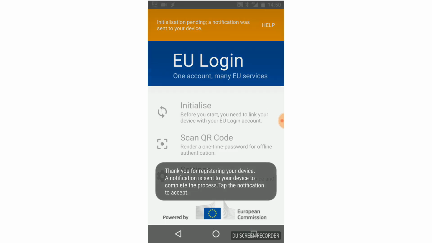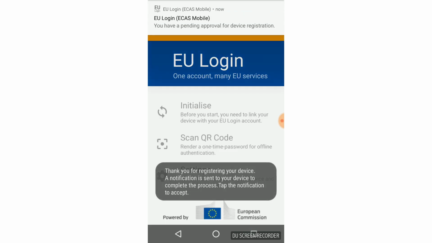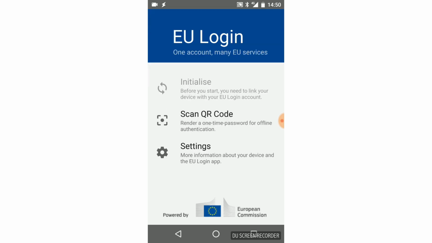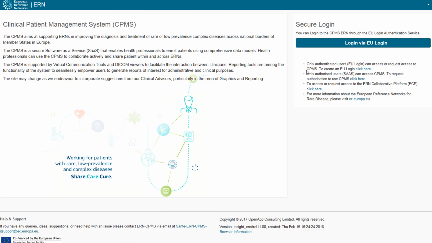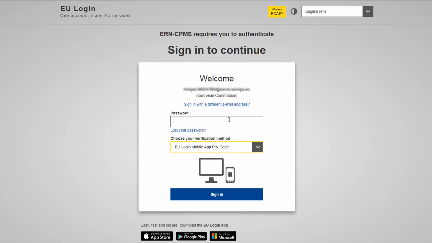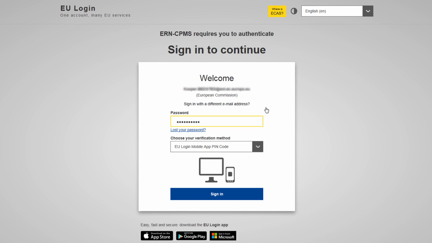Once you have entered your PIN code, and pressed the check mark, your phone will be properly registered on your account, and you will see a notification in the application confirming the registration. To log in to CPMS, using the EU Login application, and your PIN code, you simply need to click on Login via EU Login, enter your password, and select the verification method, EU Login, mobile app, PIN code, and click